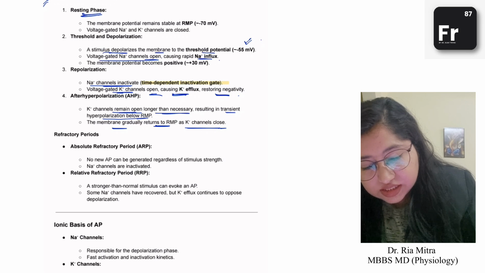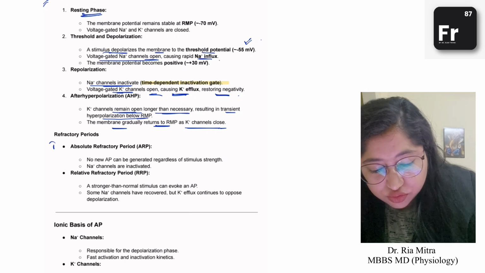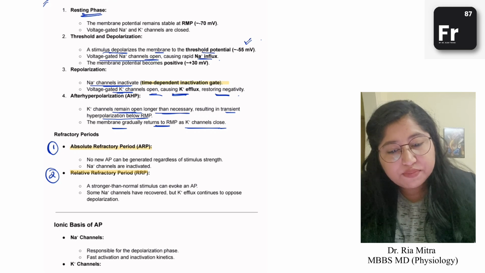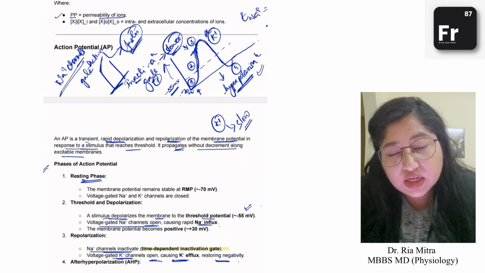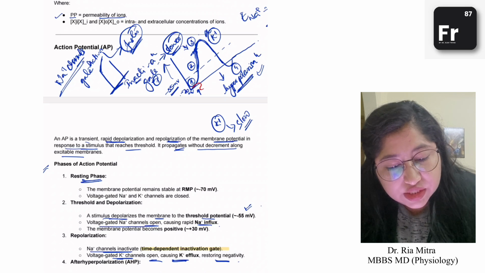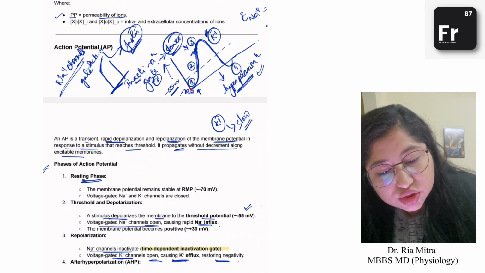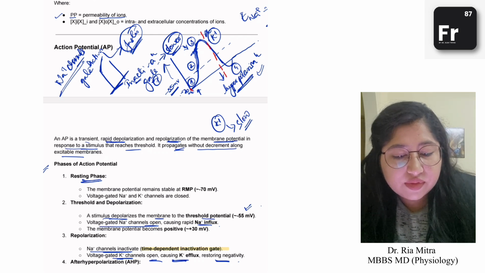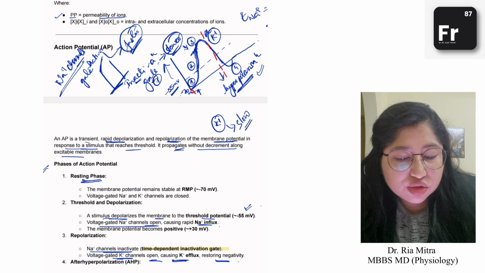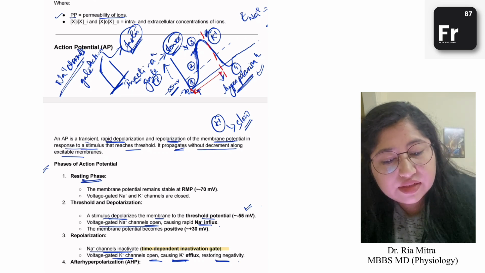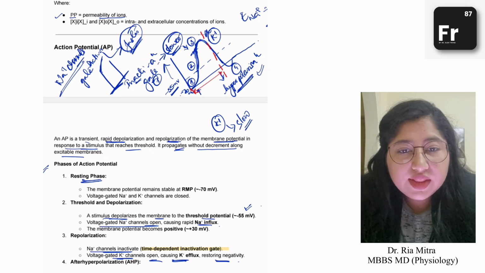Refractory periods are of two types. It can be absolute refractory period or relative refractory period. Now absolute refractory period, if I have to mark it on the graph, will be from the beginning of the action potential till the completion of 1/3 part of the repolarization, right? From beginning of action potential till the completion of 1/3 portion of repolarization, and this is known as the absolute